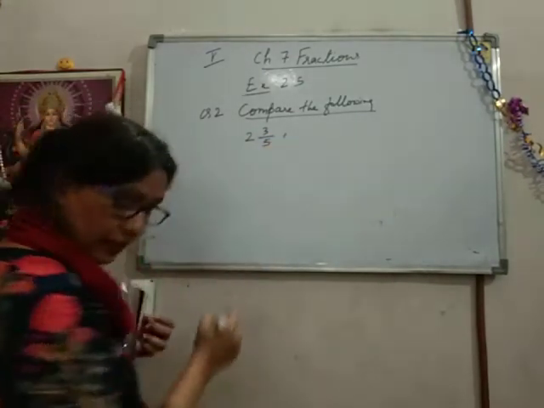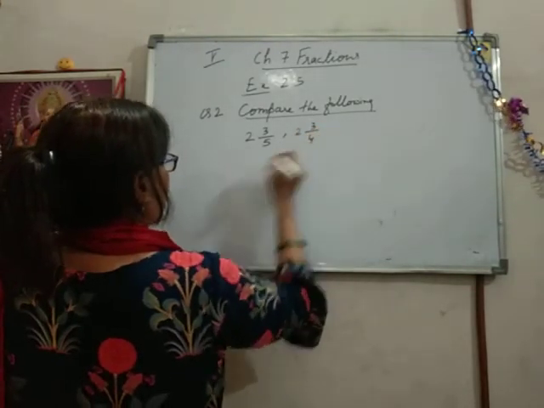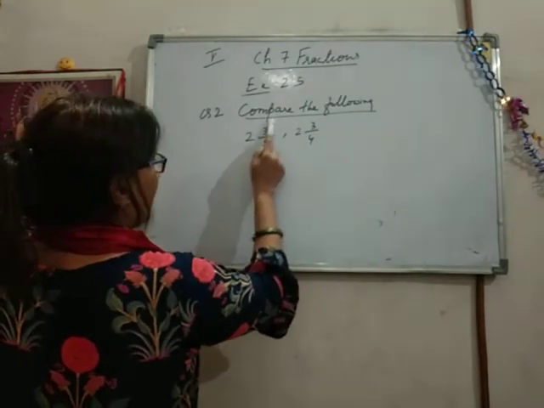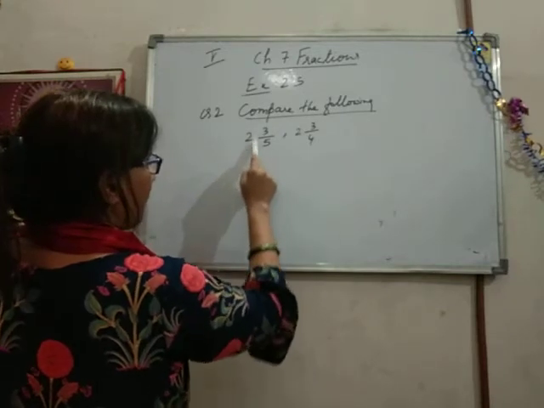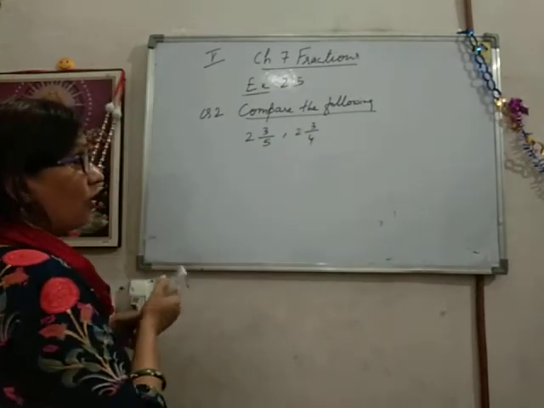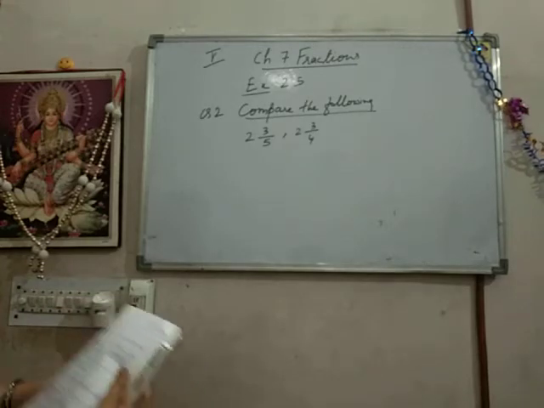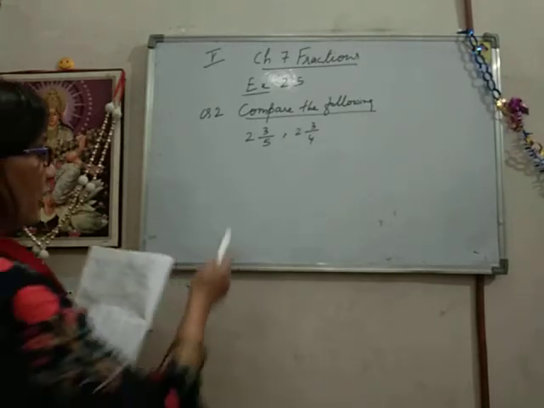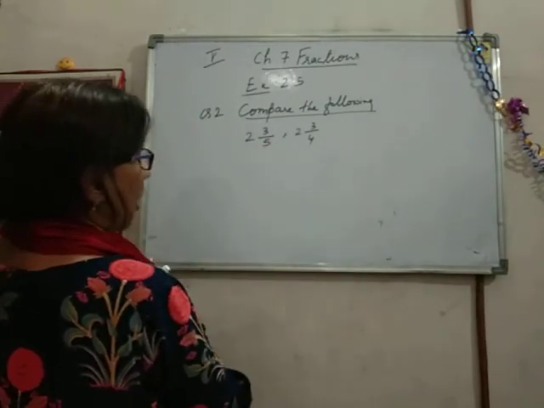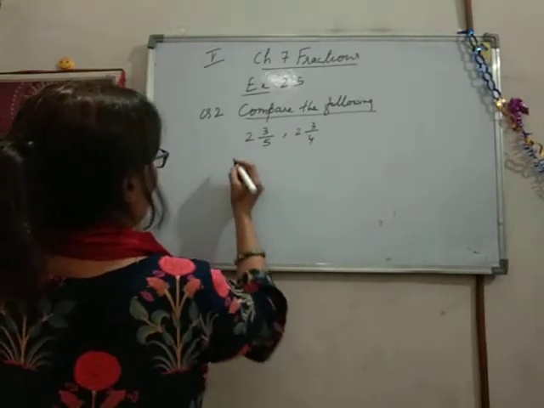Wait. The second fraction is like this, 2 3 by 4. Now I explain you better. Now see here, 2 is the whole number and 3 upon 5 is the proper fraction. Again 2 is the whole number and 3 upon 4 is the proper fraction. Now first of all, what do we have to do here? The first step, children, is to change this mixed fraction to an improper fraction. How will we do it? You already know this. We already did this in our Zoom class.